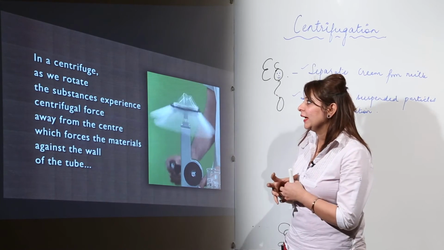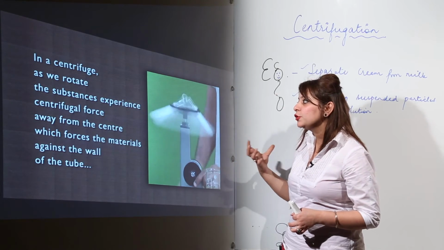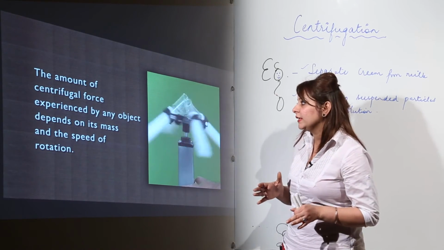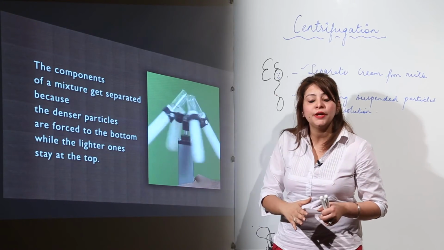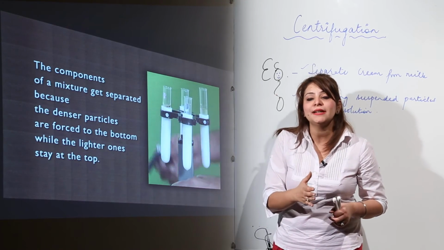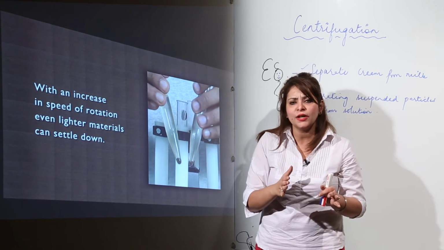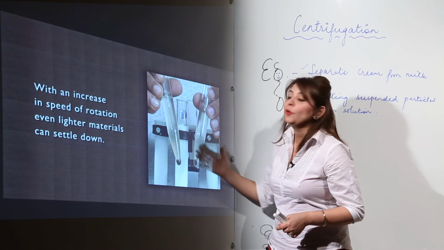Now what is the principle actually? When we centrifuge it, that means when we rotate it at high speed, the centrifugal force acts from the center, which separates the particles depending upon their densities, right. The amount of particles which get separated depends upon the speed of the centrifugation machine. As I told you, the speed is higher in the case of the electronic one, but it is still enough when we do it with the manual one also. So this is how it gets separated.